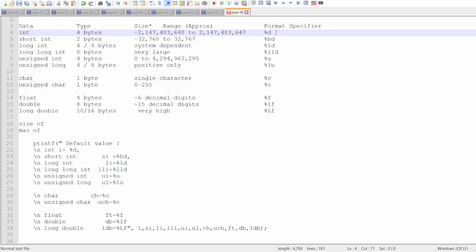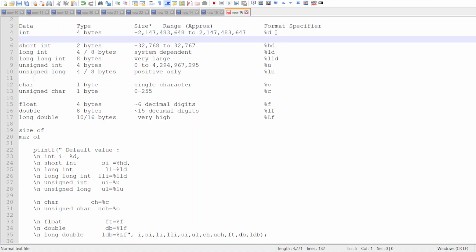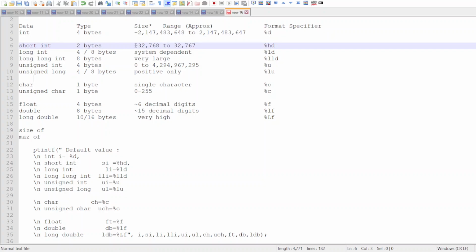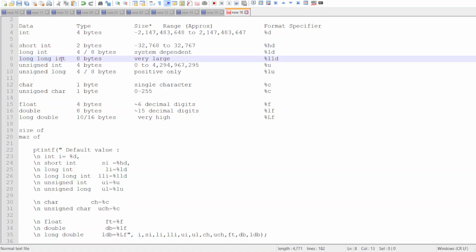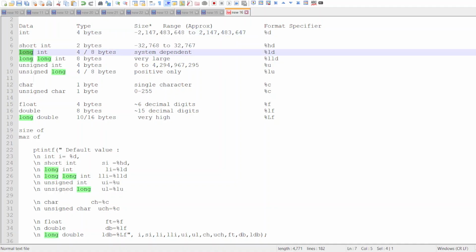We are using integer in so many programs. In earlier videos you have seen use of integer, but same way you should know these commonly used data types, and they are like short integer, which is 2 bytes, which is this big. Then there is a long integer. So when you reach beyond this particular size, if you are doing some arithmetic calculation which goes beyond this number, then you should move on to the long integer, and their size actually depends on